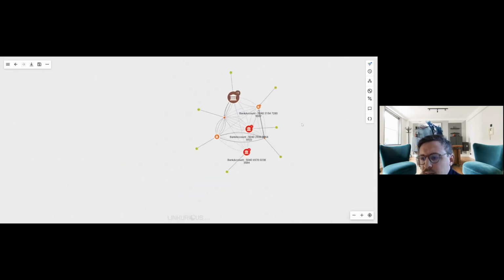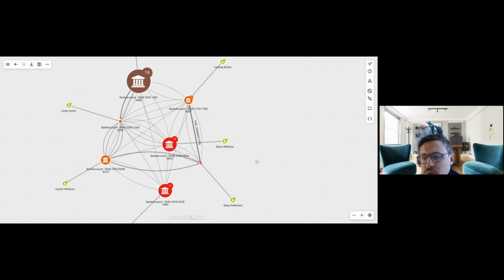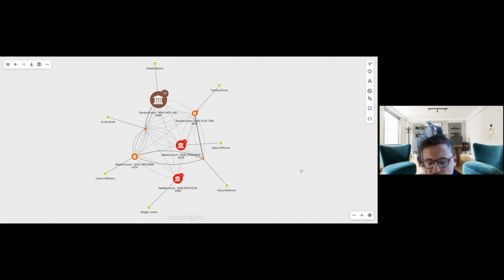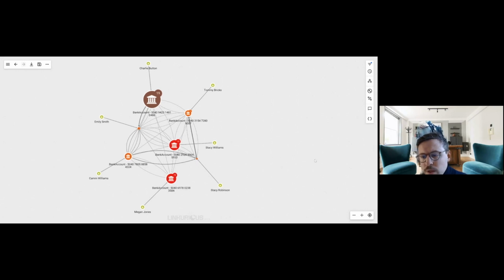At this time, what I'm interested in is to understand a bit more the logic of how this community works, how it is structured, and what the flow of money is between those bank accounts. The one here with the high centrality could potentially be the hub account. For the other bank accounts, I want to follow the money, as we say, and run that type of investigation using graphs. Since I have a lot of financial transactions, I want to really do this follow the money investigation and understand the logic of the flow of